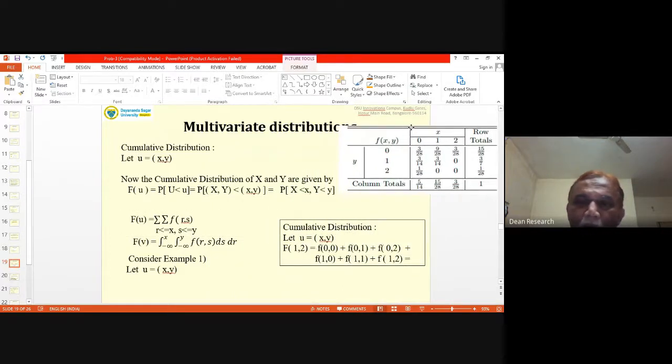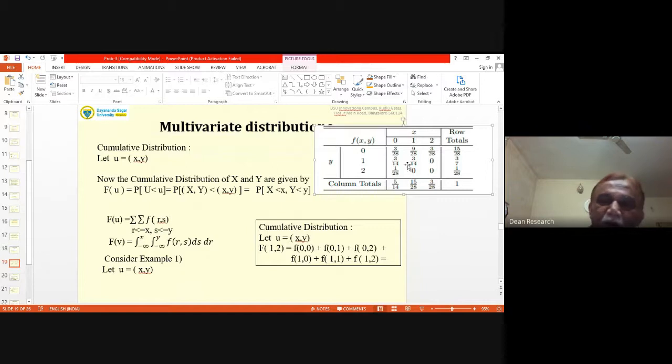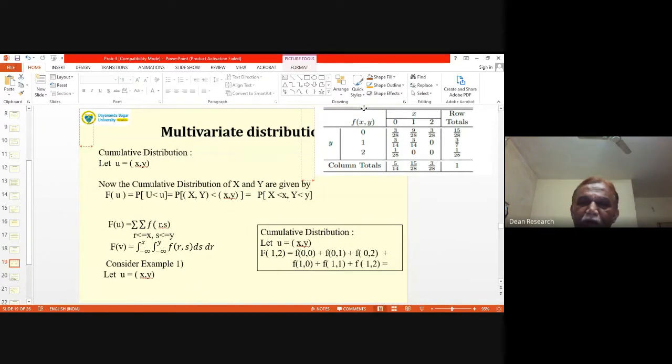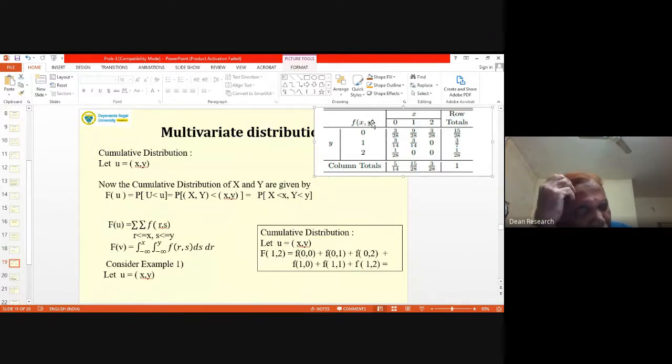Now we have one more important activity to be done. In the case of discrete and continuous random variables of one variable, you have studied the cumulative distribution, right? That is capital F. In fact, earlier that discussion came up, capital F of 1, and Professor Ramesh Murthy was asking what is that. Okay, now we are coming to that.